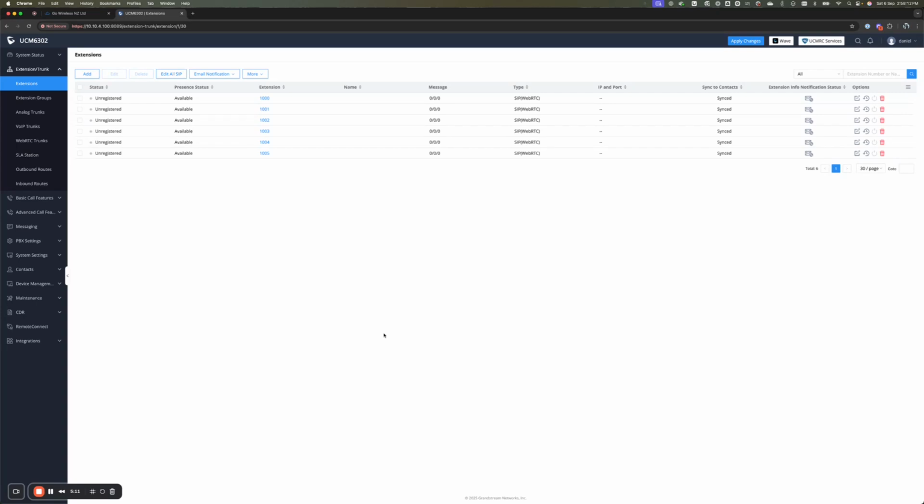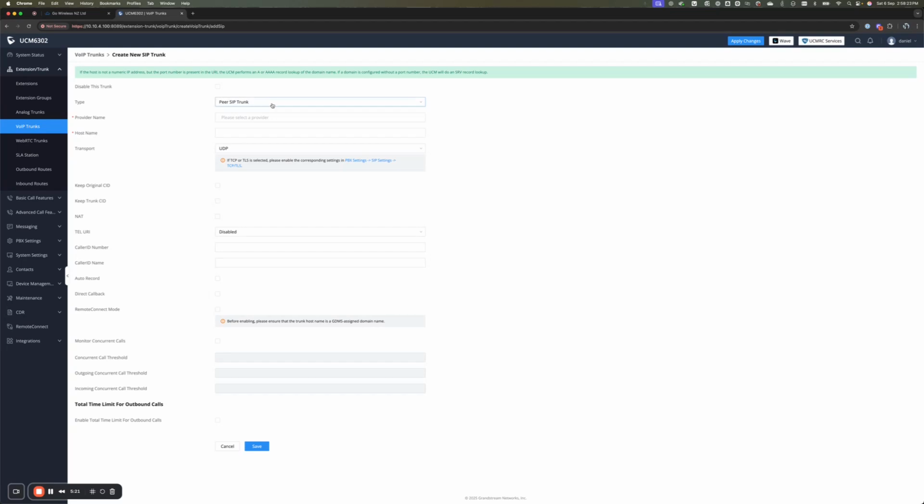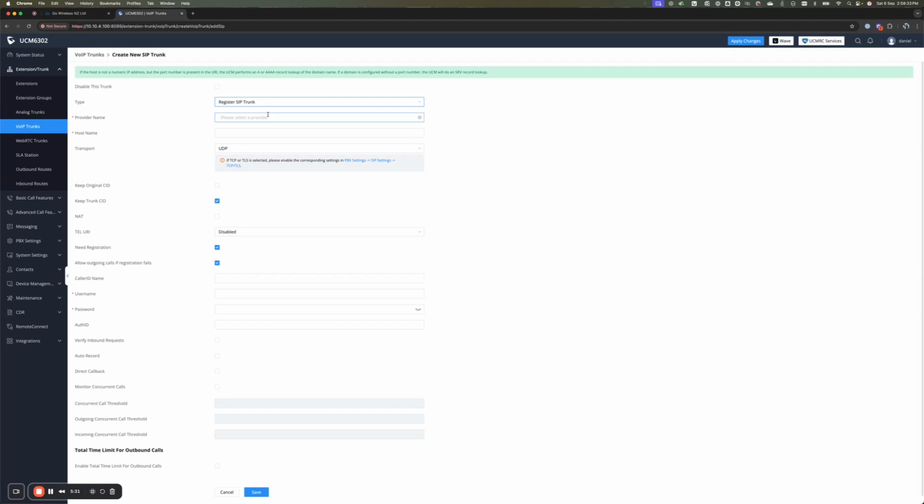Okay, so now we have our extensions created. We want to come down to VoIP trunks and create a SIP trunk. Now, you've got a couple of options. We've got a peer SIP trunk, a register SIP trunk, or an account SIP trunk. So I'm going to create a register SIP trunk. This is one of the most common ones. Now, in here is a bunch of providers. So if your provider is in here, you can select these and it will give you some of the default settings